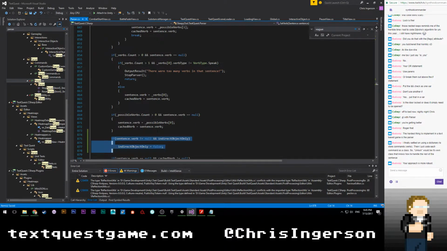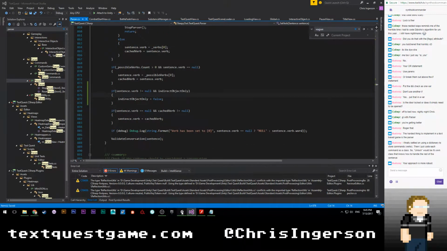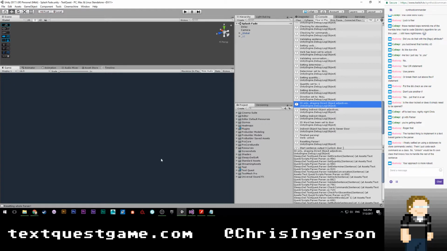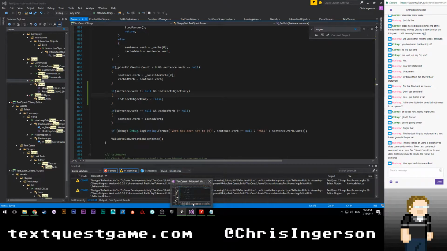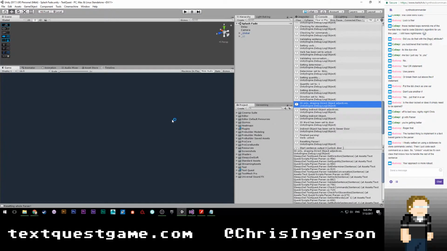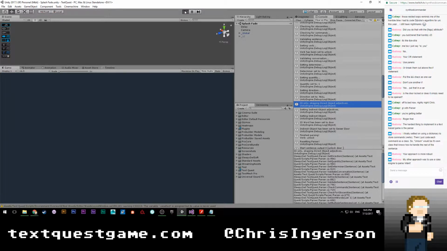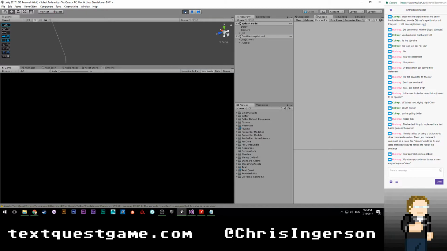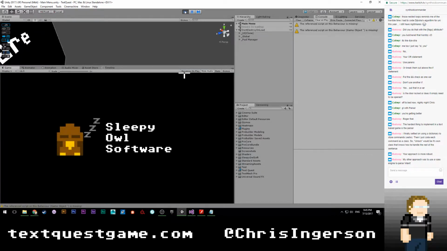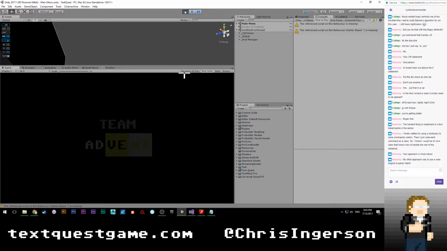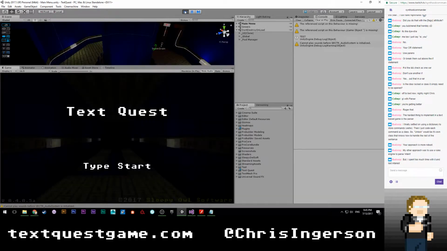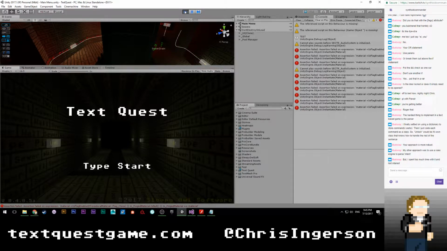So I think this will work because I'm just checking to make sure that the verb has been set. So let's give that a shot to see if it'll work. And I don't anticipate that breaking any functionality that already exists, because all I'm doing is just resetting the sentence to not listen for an indirect object only if you type a verb again. Because it shouldn't actually matter. So if I type unlock, then unlock with key becomes a brand new sentence, at which point, because of the structure of the sentence, it's going to say, okay, this is a new sentence. The subject is not specified, but with is a preposition pointing to key, which means that the subject has to be the door that you're interacting with.